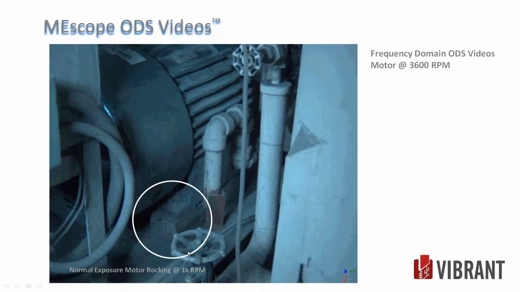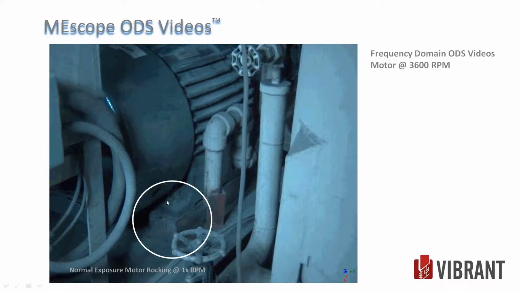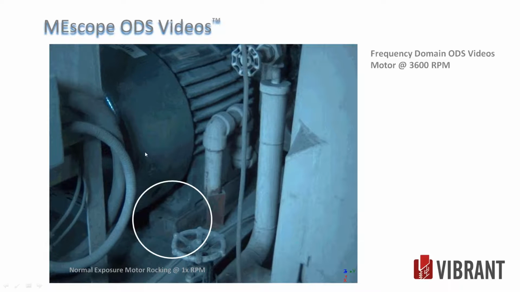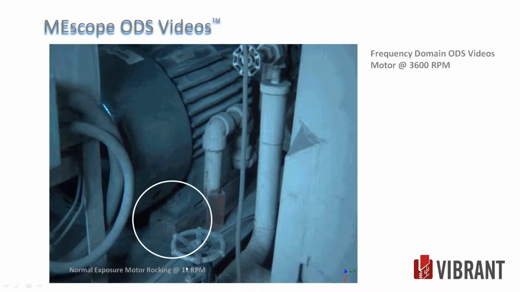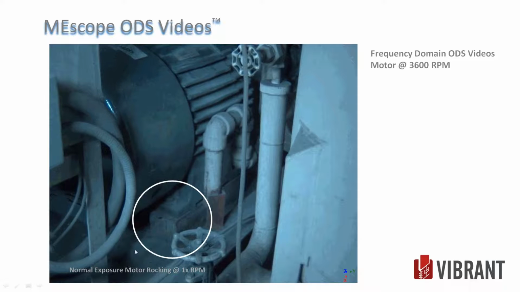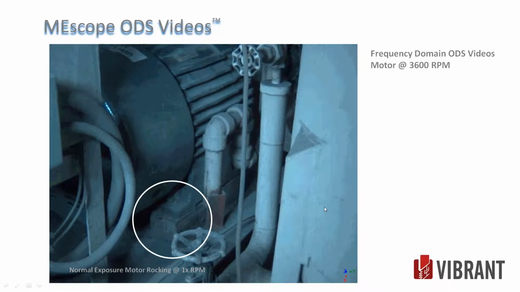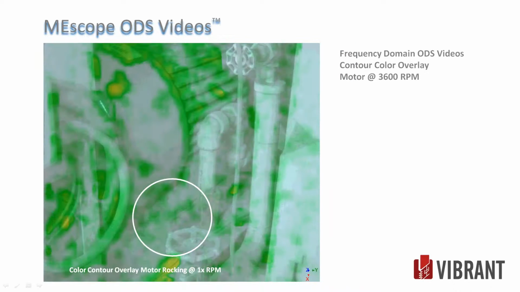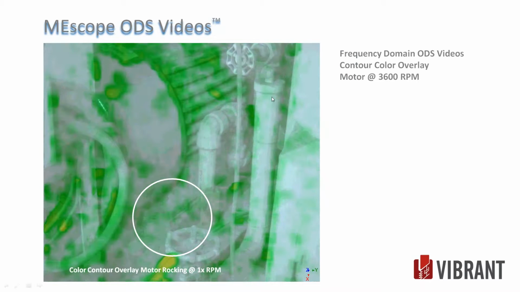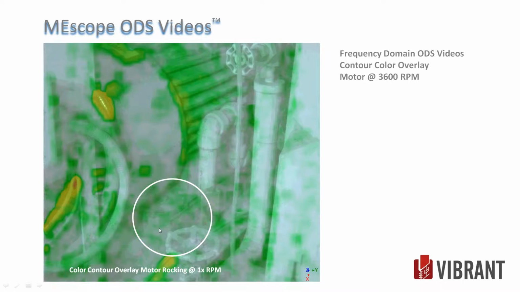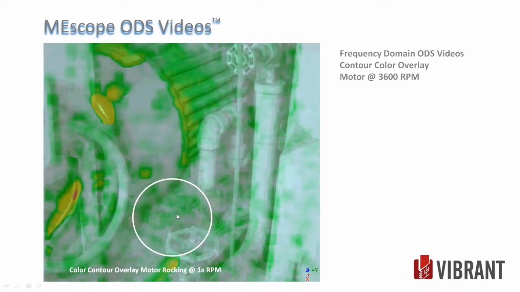This is the other side, and I can see some lifting. I can see the motor tipping here, but there's just so much equipment and electrical cables and plumbing lines in here. It's very hard to get a good shot in there. Put the color contours on. Most of the motion is up in the top of the motor as it's tipping. There's not as much down here, but that's pretty